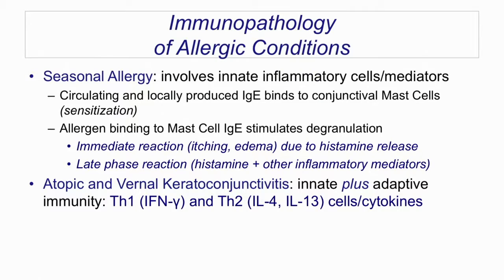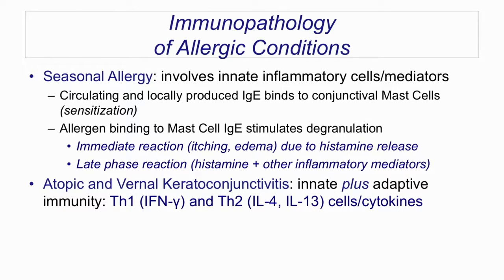These are my disclosures. The immunopathology of allergic conditions varies between seasonal allergic conjunctivitis and atopic and vernal conjunctivitis. Seasonal allergy involves innate inflammatory cells and mediators with circulating and locally produced IgE immunoglobulin that binds to conjunctival mast cells in the sensitization stage, and subsequent allergen binding to the mast cell IgE, stimulating mast cell degranulation. And there's an immediate reaction with itching and edema due to histamine release, and a late phase reaction with histamine